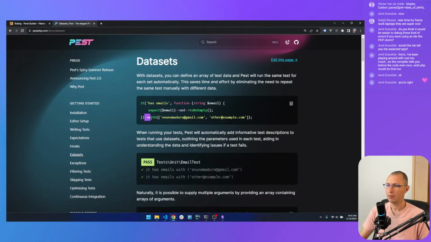So we just have to use with, and that's going to come in as a parameter. But here, instead of using this as a string, I would like to use a factory, pet factory, with different states.